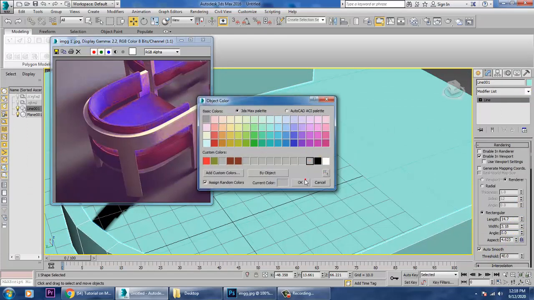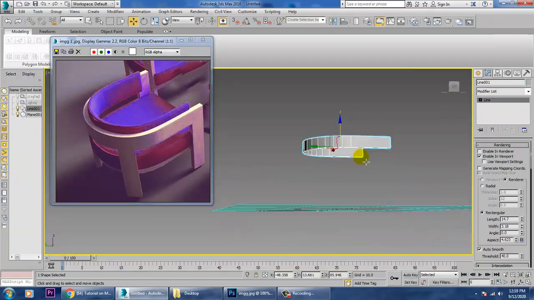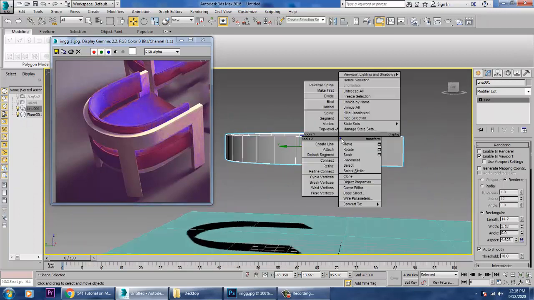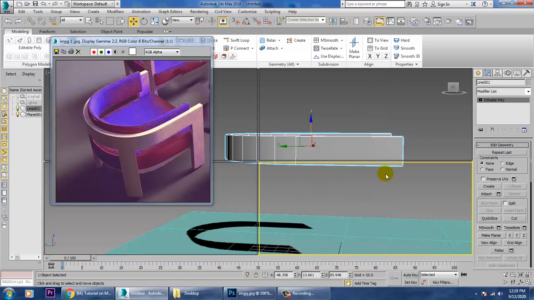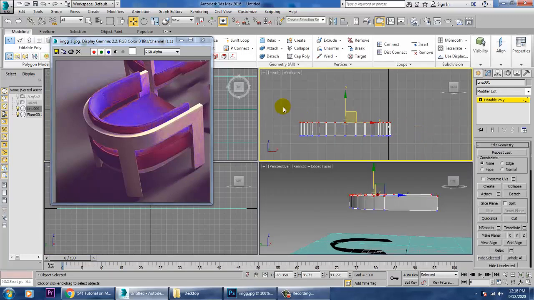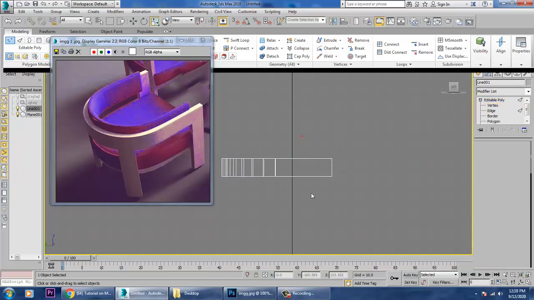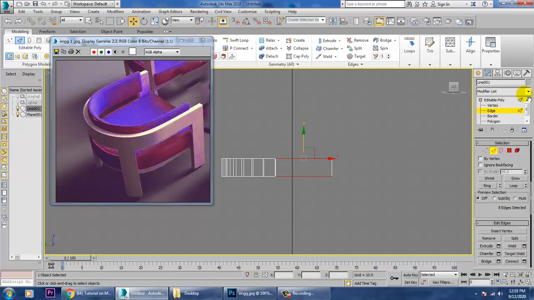Now what we are going to do is, we are just going to push this up over here and convert this to editable poly. So let's go into this view over here, just select these vertices, just push this a bit up, scale it, select the edges over here and let's give a bit of connect over here.